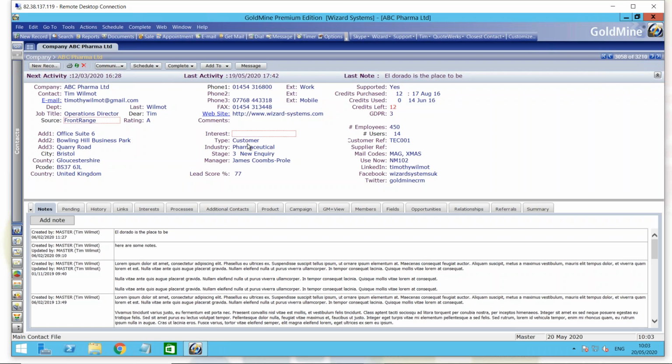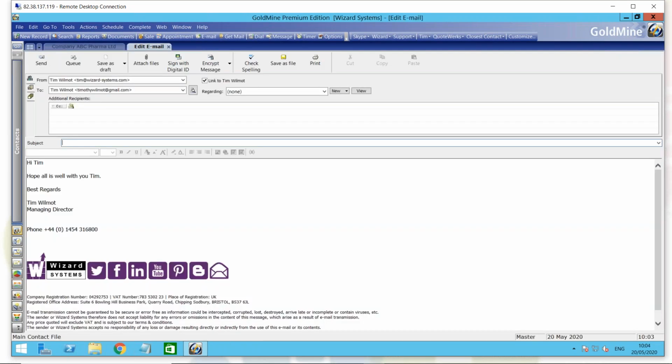The email template can be created or launched from a contact record in a number of ways, but the most standard way is that wherever your email address is on the current contact record, click on the email label there, the hyperlink. That will bring up a default email. You can define, in your options, a default email for when you create a new email, when you forward an email, or when you're replying to an email. Three different default templates that you can set up with GoldMine to help you save time and keep consistent